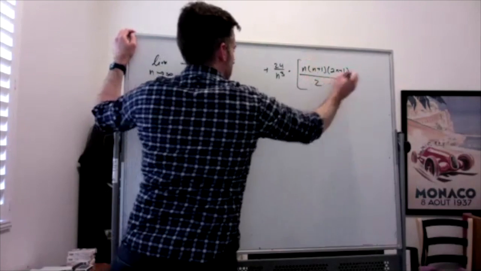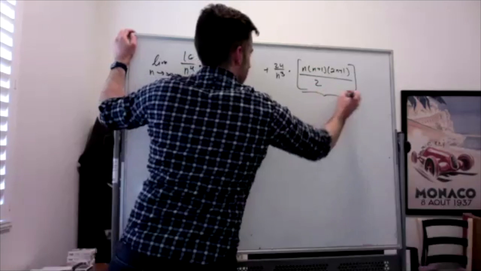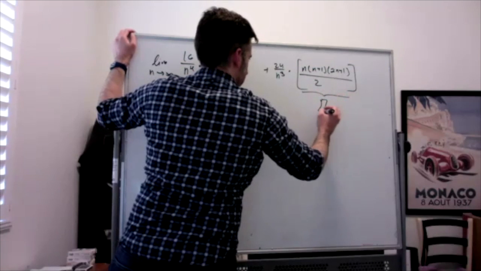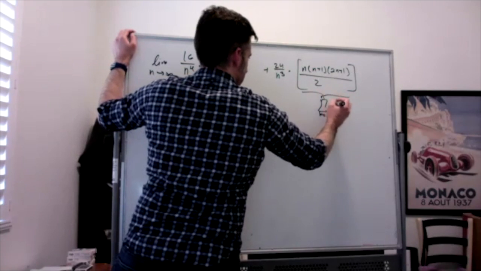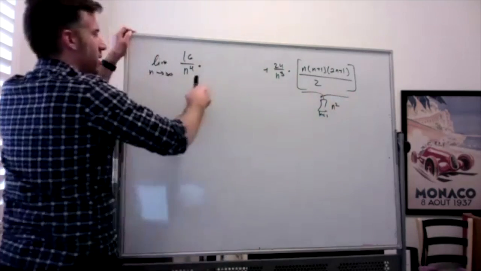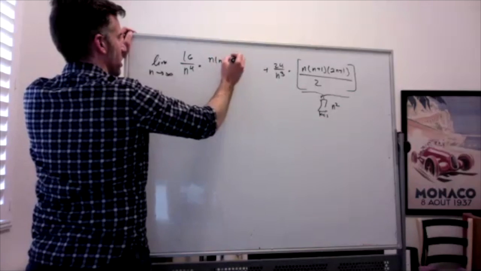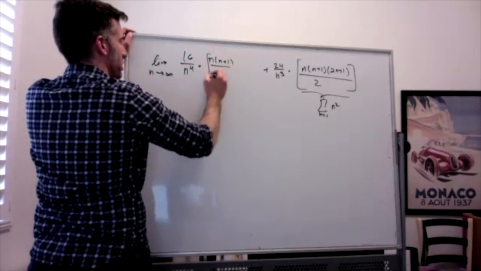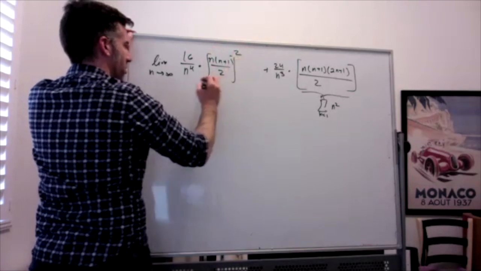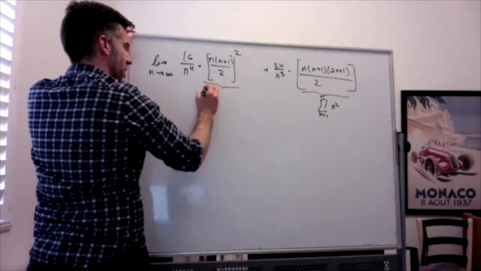This thing here is the sum from k equals 1 to n of k cubed. What's that? It's n times n plus 1 over 2, quantity squared, which is the formula for the sum